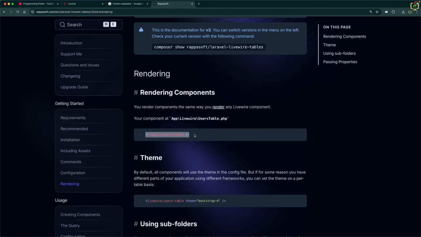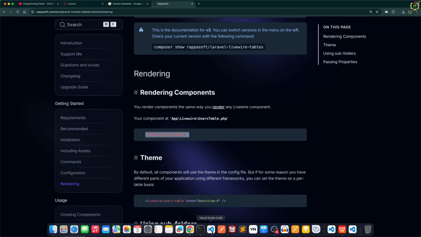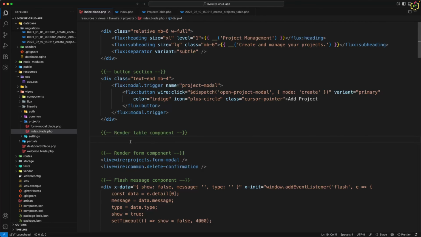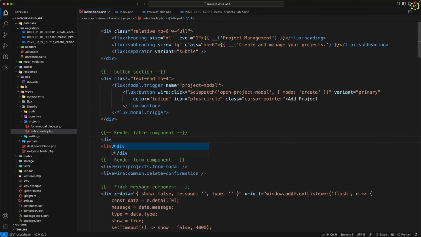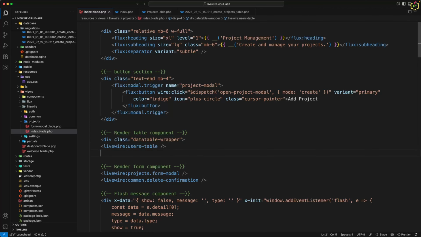So let's copy this syntax and let's navigate to the code editor. And here I will paste this. But before rendering this component, I want to wrap this in a div, and I will add one class as DataTable wrapper. So I want to wrap this inside this div itself. And further we have to change this component name to projects table,